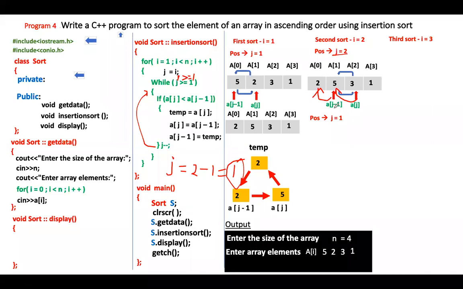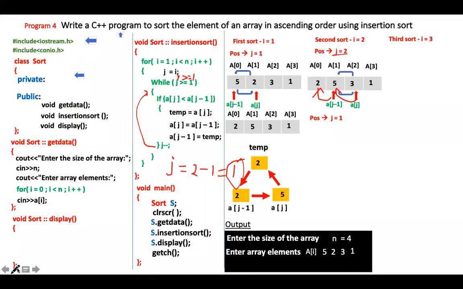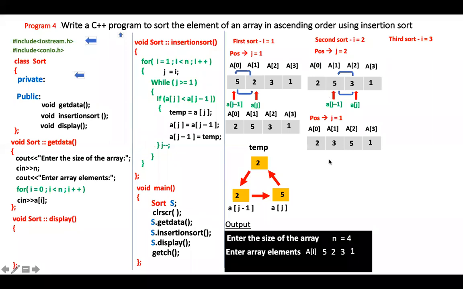I'll show you. See, this is our array. Now a of j will shift to this position and a of j minus 1 will shift to this position. See, since j was 1, j got decreased here and it went to the next position. So this was a of j, this was a of j minus 1. Now it will compare whether 3 is smaller than 2. It is not smaller. So it will print the same array back again.